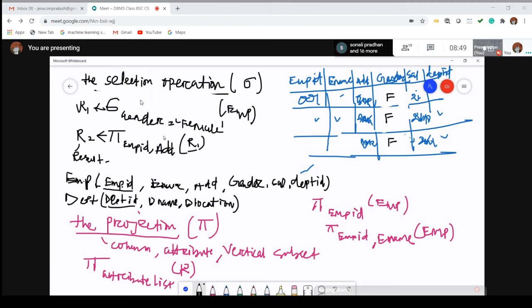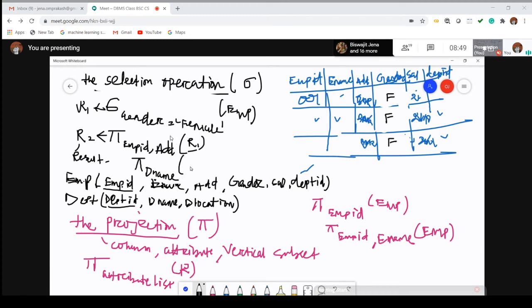Suppose I have to find out the department name which is located at Cuttack. So the department location equals Cuttack, and the output should be D name.